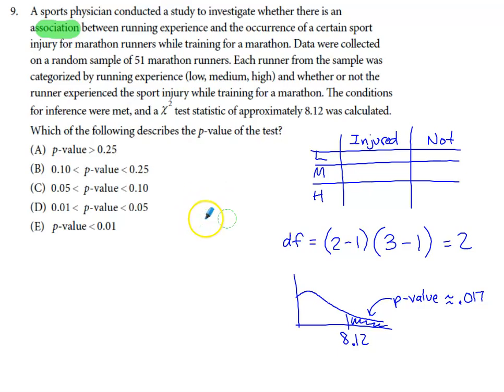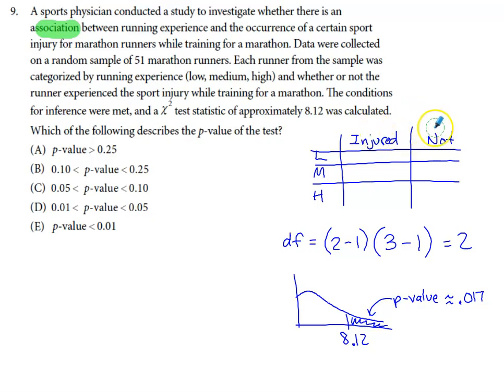A chi-square test for association would generally be run from information that could be organized into a two-way table. If you think about what that two-way table would be here, it would be either they were injured while training for the marathon or they were not injured, and then their running experience level, low, medium, or high. So the degree of freedom measure for a chi-square test for association is going to be the